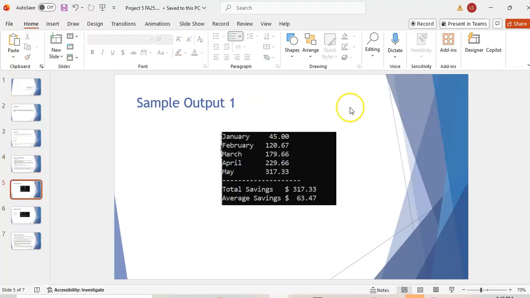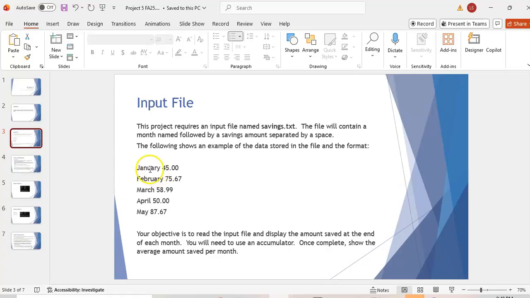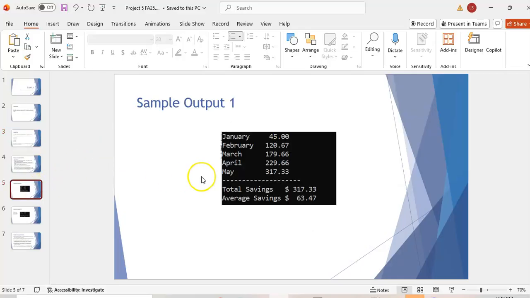sample output here. So here's my first sample output, and this is based on the input that you saw a couple of slides ago. So let me go back for a second here, right? So you see I have January, February, March, April, and May. January's got $45, February $75.67, etc. So at the end of February, you should see 45 plus $75.67. So now if you go to my sample output, you see the 45 for January, but then at the end of February, you have 45 plus that 75.67 added in, right? And then at the end of March, you see this 120 added to the new savings amount that you just